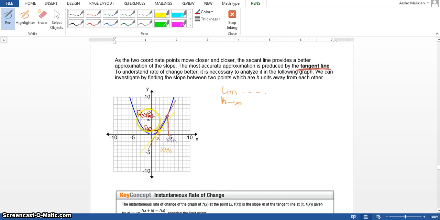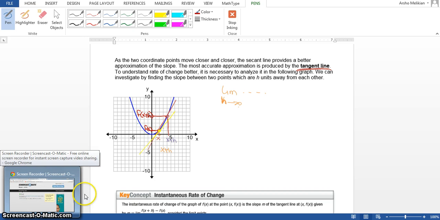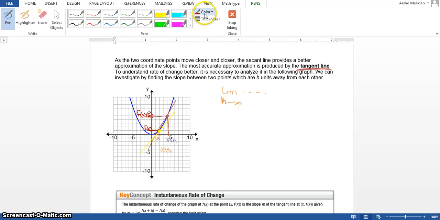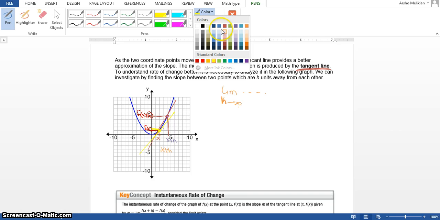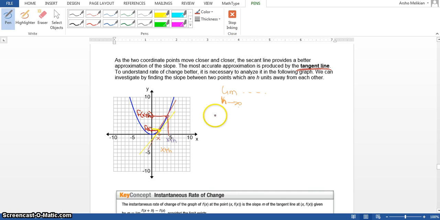So this is f of x, and this is f of x plus h. Okay? When we move the point closer, f of x plus h is now very, very close to the first one, f of x. So now, how are we going to find the slope then? We had said that the slope was y2 minus y1 over x2 minus x1, and then